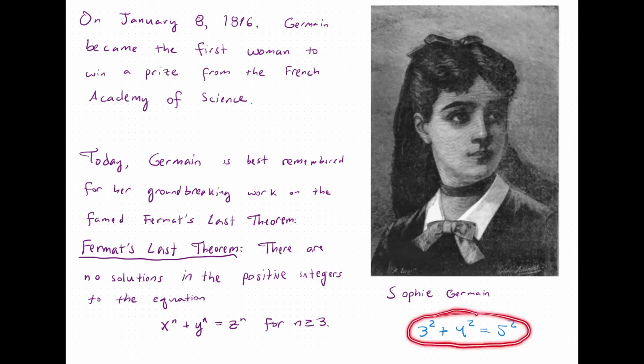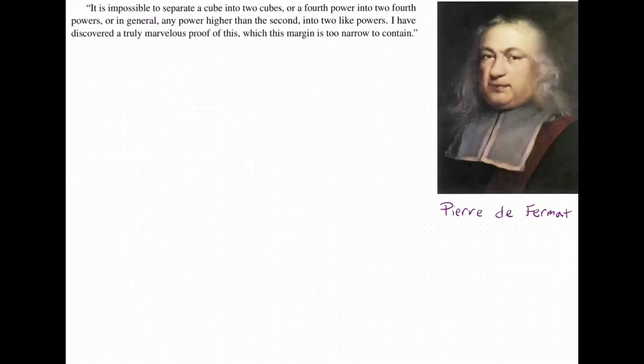Solutions such as these do not exist the moment you change your squares to cubes. You cannot find solutions such as these in the positive integers. The story of Fermat's last theorem has been heavily romanticized. This is something that is covered in detail in a number theory course, Math 312, if you're interested.